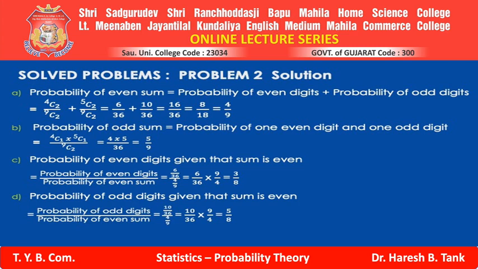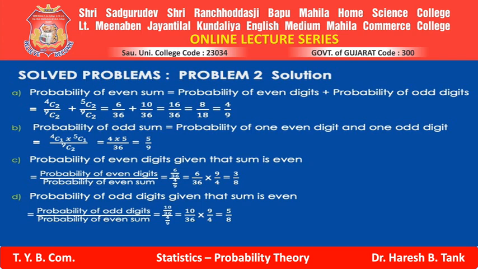Let us think of the other example. Probability of odd sum. Probability of one even digit and one odd digit: one of them should be even and one of them should be odd, right? Number of even digits are 4, so it becomes 4C1. And the connector is 'and', so it is multiplied by the number of odd digits, which are 5, so it comes to 5C1, divided by the total number of exhaustive cases. 9 digits are there, 2 of them are to be selected. That one can do in 9C2 different ways. So divided by 9C2.